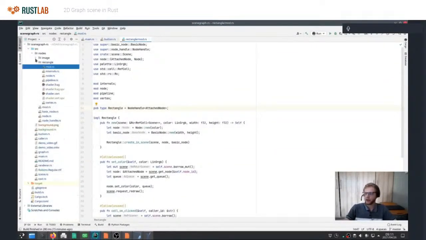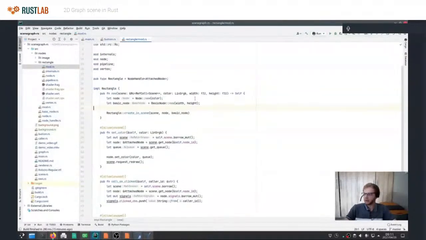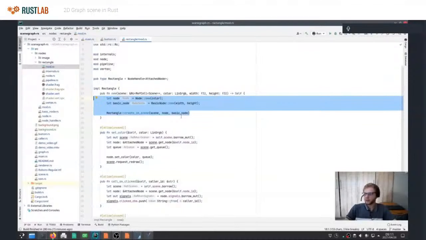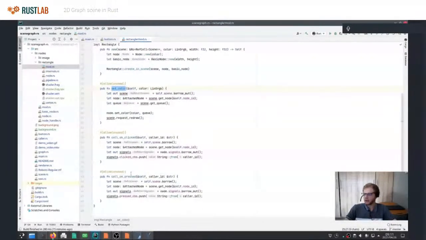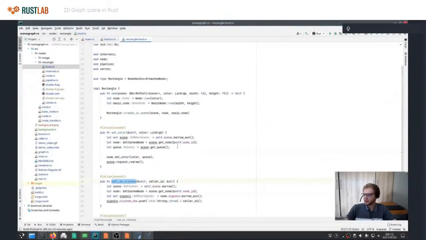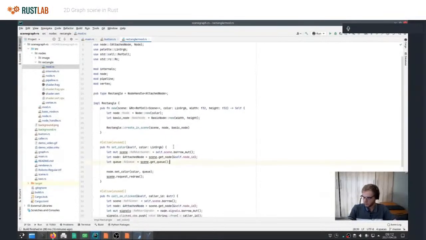For each node that I have, I've basically got a module, and this is the root module. The root one is basically just responsible for constructing it, and it's got these high-level functions where you can, for instance, set the color or register callbacks. And here you'll see that internal sharing that I talked about on nodes. As I said, these nodes are also just handles. You'll see this is actually a node handle, a type defined.